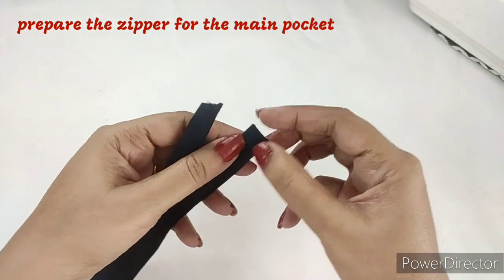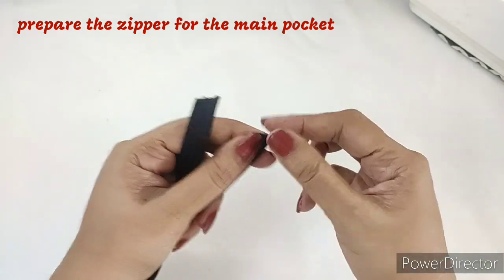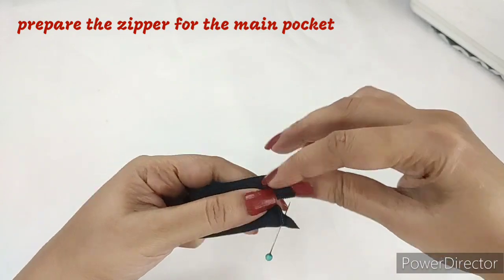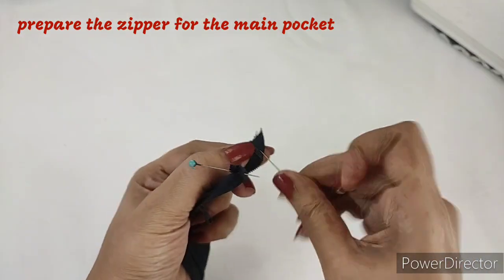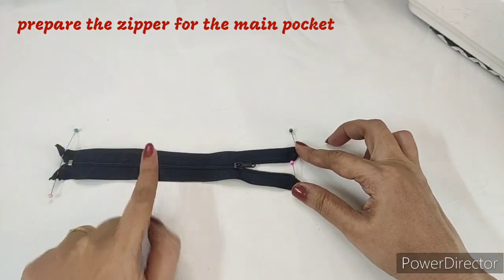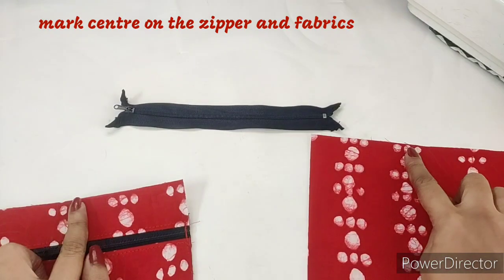That is slider, turn it to the wrong side and fold the teeth. So we can either make a hand stitch or a machine stitch to hold these two like this. So I made a hand stitch on the sides. Now we will be